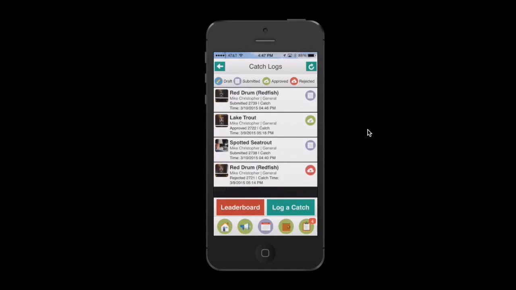That's all you have to do to participate in the tournament, to log your catch